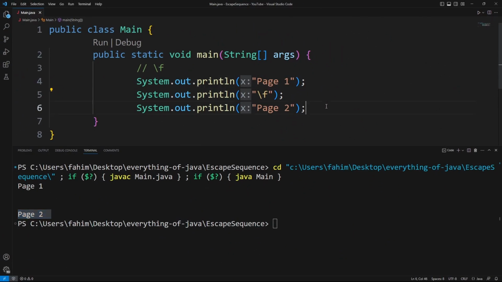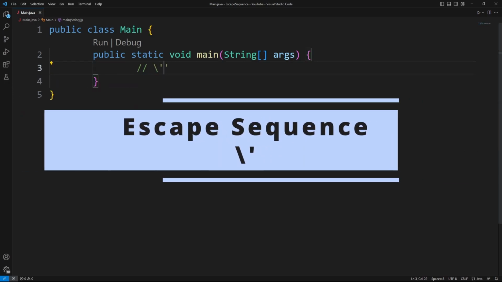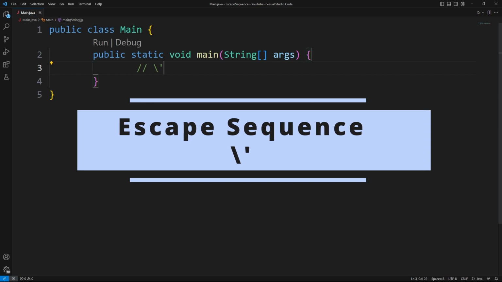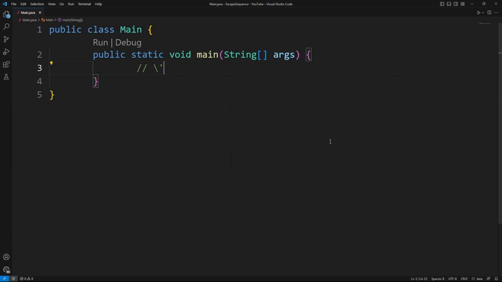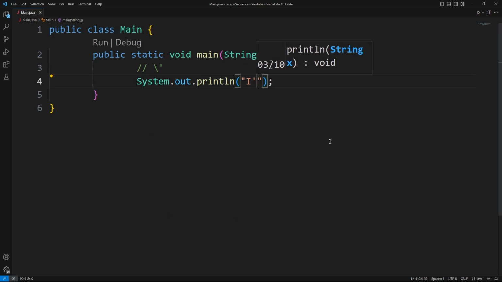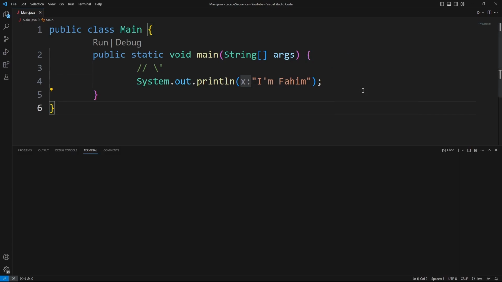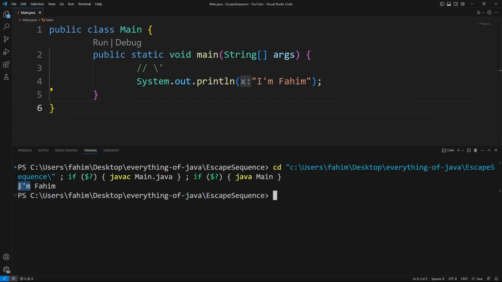Now I'm going to talk about something different, and that would be slash single quote. It actually inserts a single quote character in the text at this point. Now let me show you something. So for example, let's say I'm printing I am Fahim. All right, and if I simply run it, I'm getting I am Fahim, but this is actually not the correct